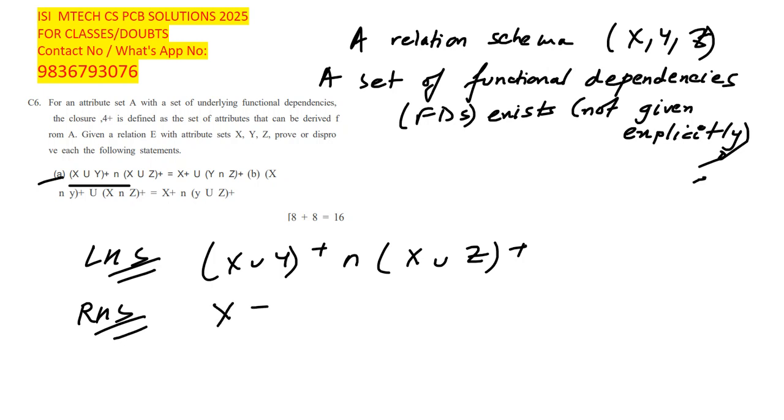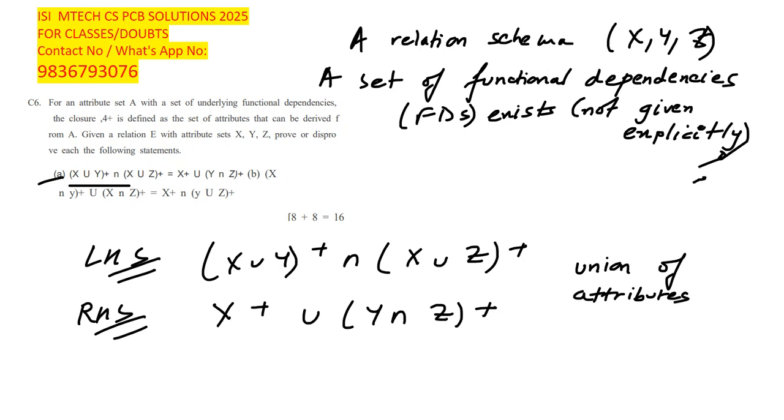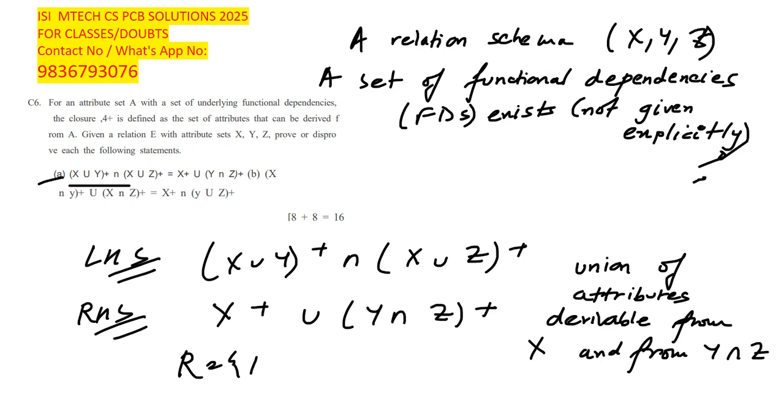That is, so this means union of attributes derivable from x and from y intersection z. Okay, so here the counter example like R is,